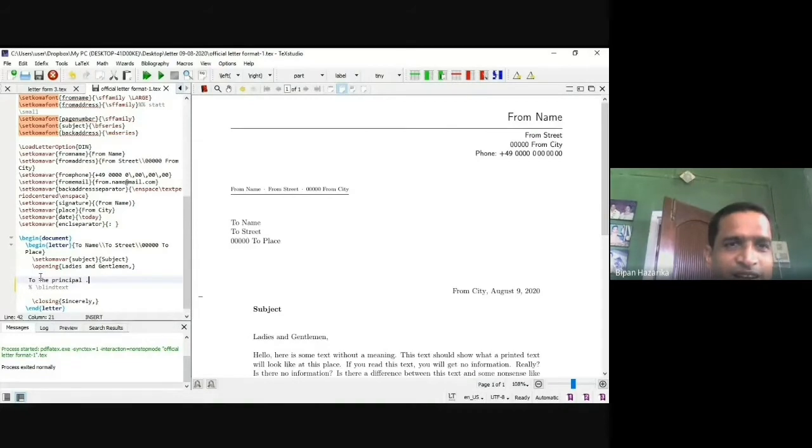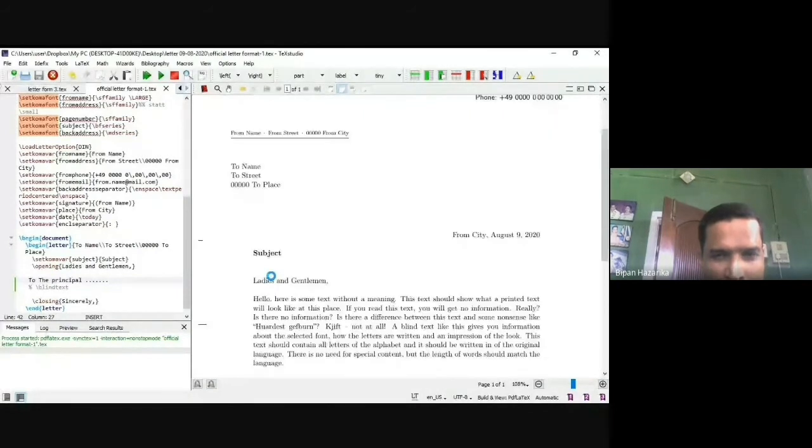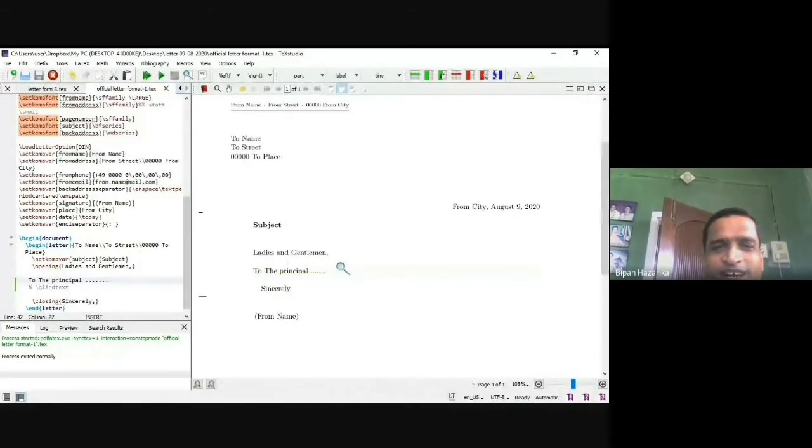Now I run it. You see? The original text is removed because I put a percentage sign before this blindtext, so it is hidden from our package file.